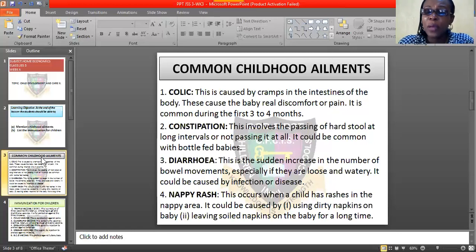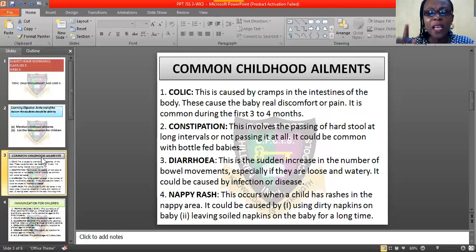And now, since we are not using napkins, we are using diapers. Some diapers are not too good. They are not hygienically produced. So if you notice that a particular diaper gives your child this rash, my dear, you have to change to another diaper until you get one that, even if the diaper is full, the surface of that diaper remains dry. So with that, that child cannot have a napkin rash. It can never have that kind of rash.